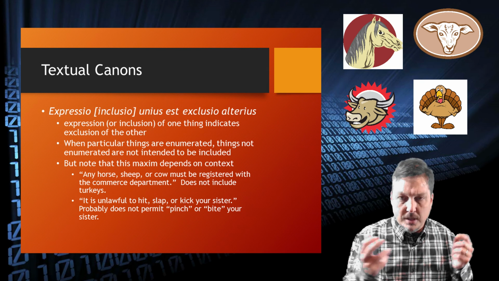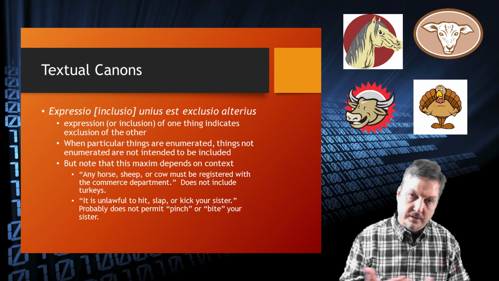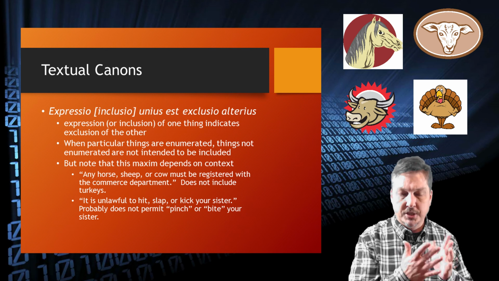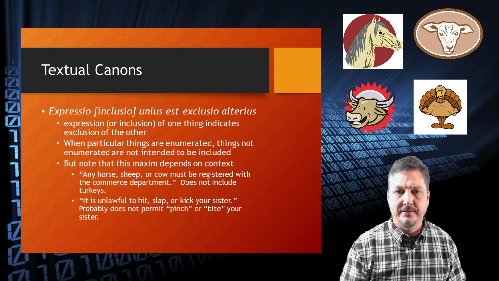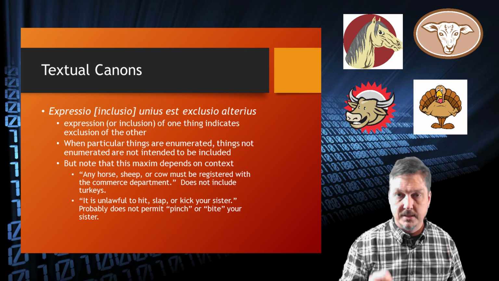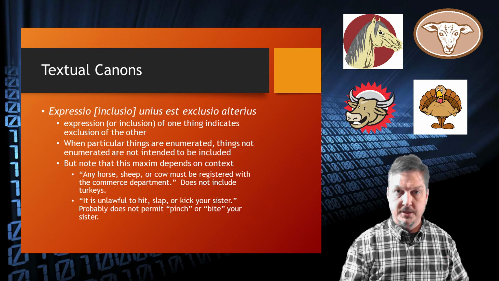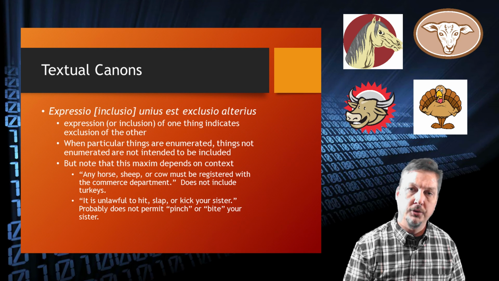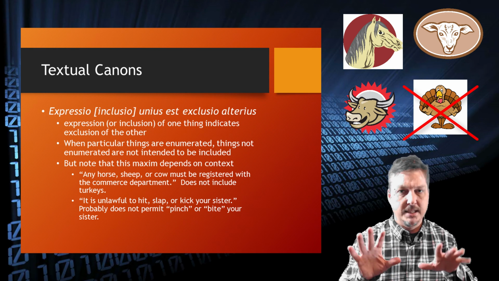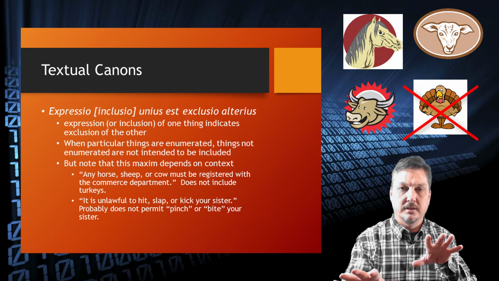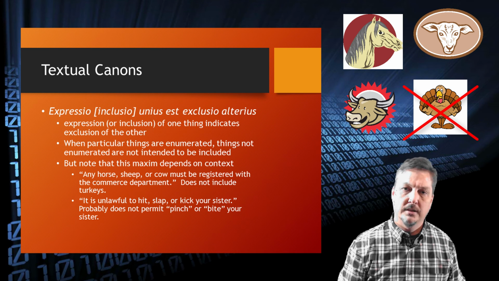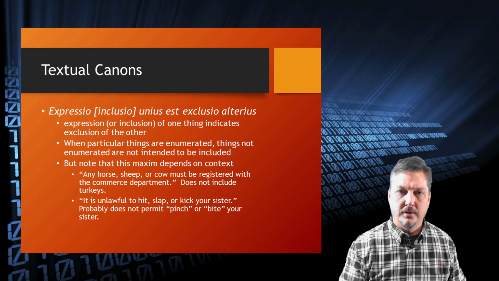And the background, of course, is we think there ought to be sort of free trade and free commerce. And if there is going to be some kind of restriction that requires a registration or a tax or whatever it might be, then those things we would want, and expect, to be specifically enumerated in the statute. So if the legislature wants to include turkeys, they can list them and include them. But since they didn't, then turkeys aren't included in the list. So you can see how that expressio canon might apply, but also how it sort of plays off against the other associational canons.